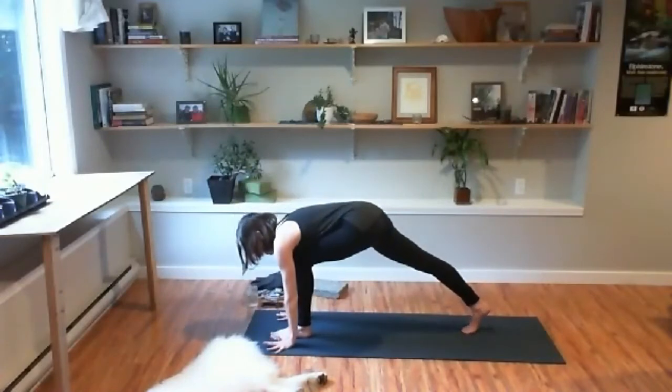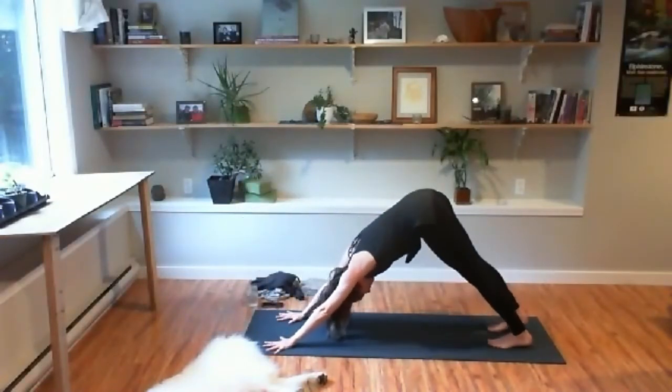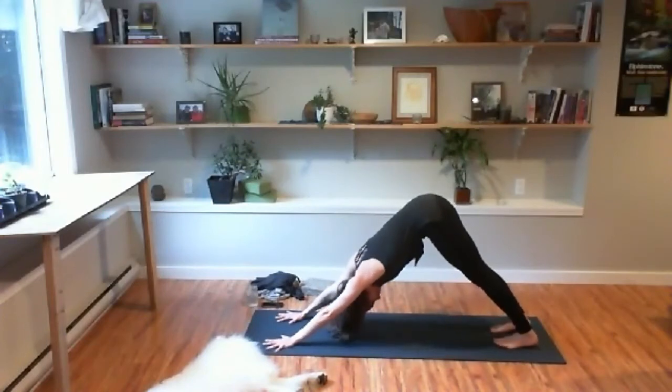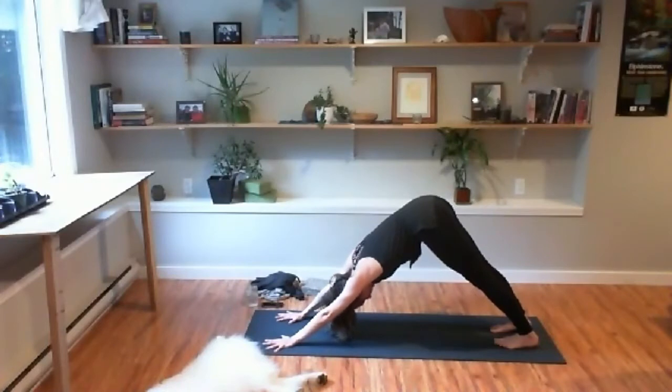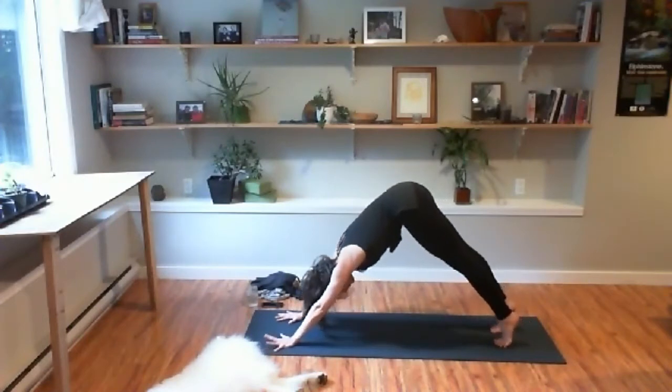Lift your left heel up, engage your core. Inhale to downward dog. Taking your feet hip width apart. Deepen your breath. You can stay here in your down dog. You can come down to child's pose, or you can follow your breath with an inhale, come forward to plank,